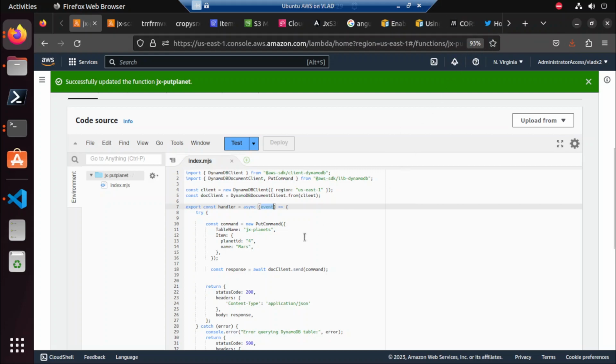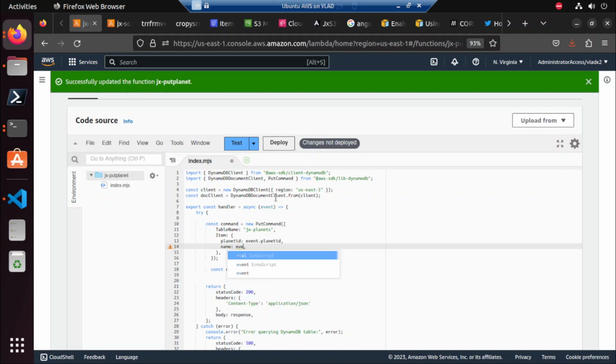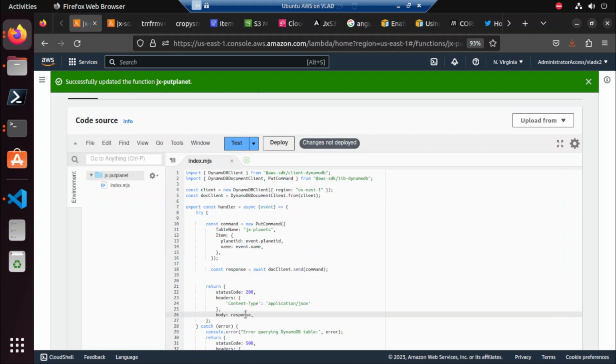So let's just pretend that we know planet ID like that. Invented planet.name maybe, or we can post the response here so that we know what